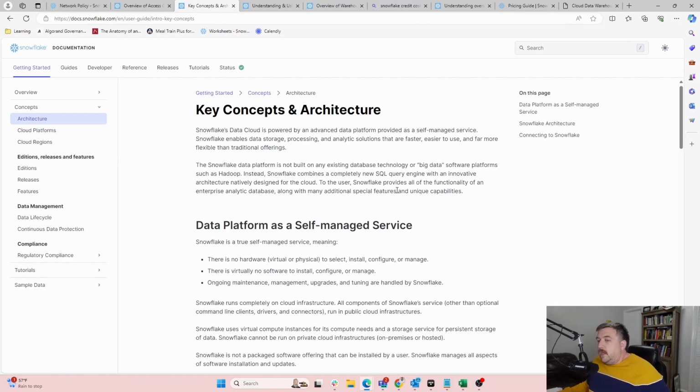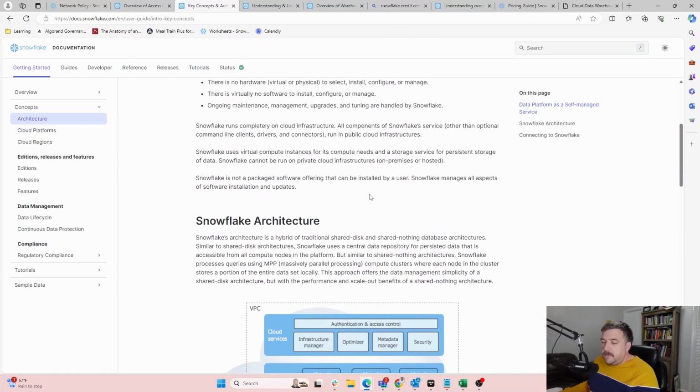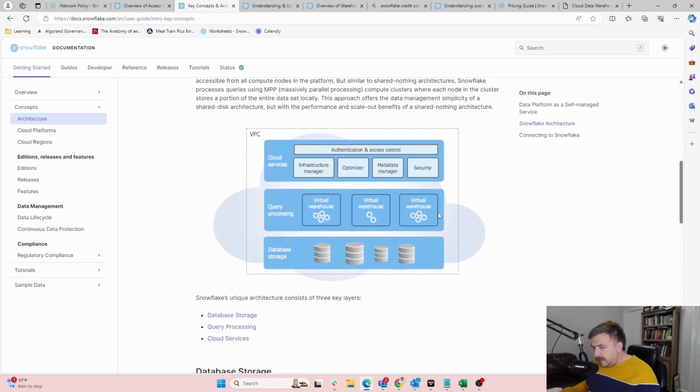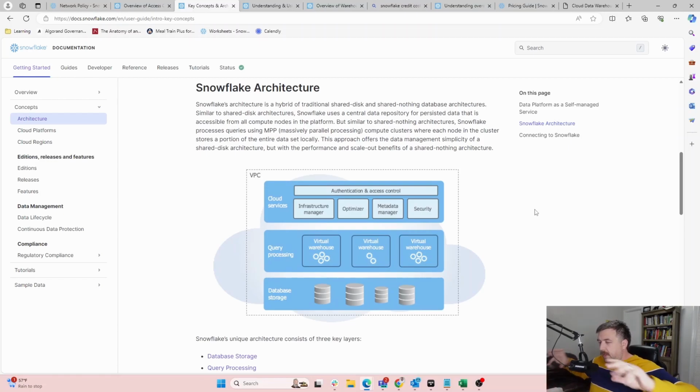Now, beyond the roles, another great thing, maybe this is a fairly common thing in the cloud space now, but this is one thing that early on set Snowflake apart from other options, or why you'd want to leave the on-premises environment. It's the architecture. So there's essentially 3 layers to this, which you're seeing here. There's the cloud services layer. So that's what manages how Snowflake works. That's the GUI, metadata manager, security, infrastructure manager, optimizer. So this is like authentication and access control.